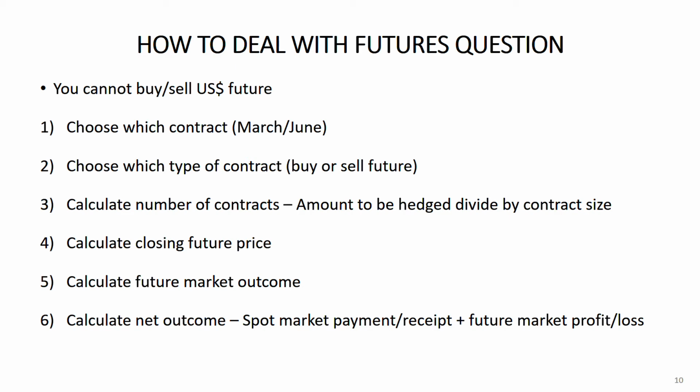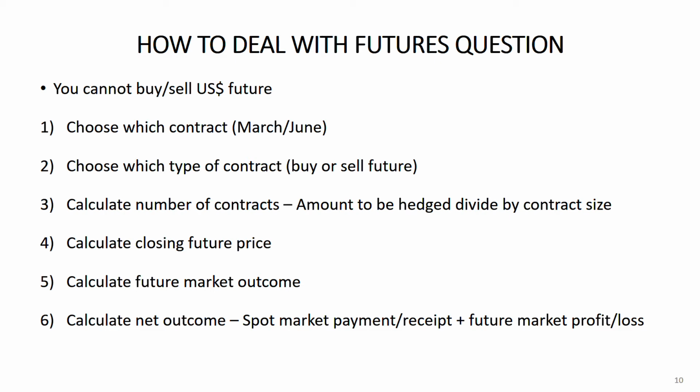Let's say one scenario I'm giving is in the spot market, it's a payment, a spot market payment, and in the future you're having a profit, right? Because of that profit in the future market, your net payment will reduce. That means you're adding that profit with the spot market payment. So that's how you're going to calculate your net outcome, because calculating net outcome is very important. Based on your net outcome only you will compare with other hedging techniques, not your future market outcome. The thing which you are going to compare with forward and option is your net outcome. Under all you need to calculate net outcome,